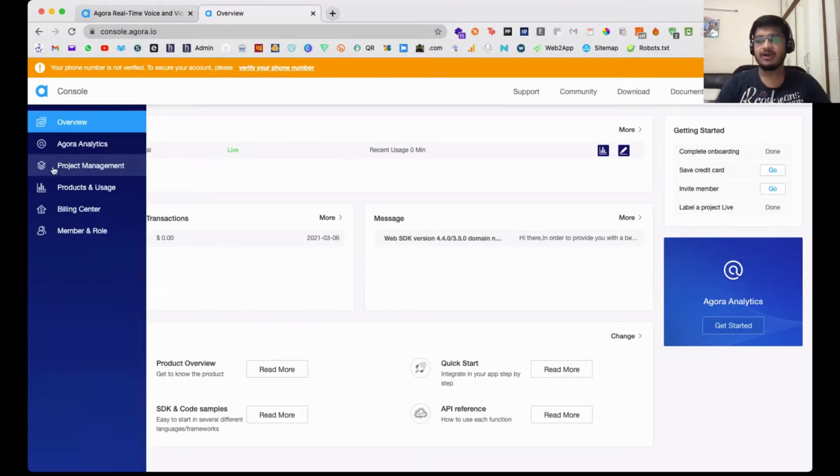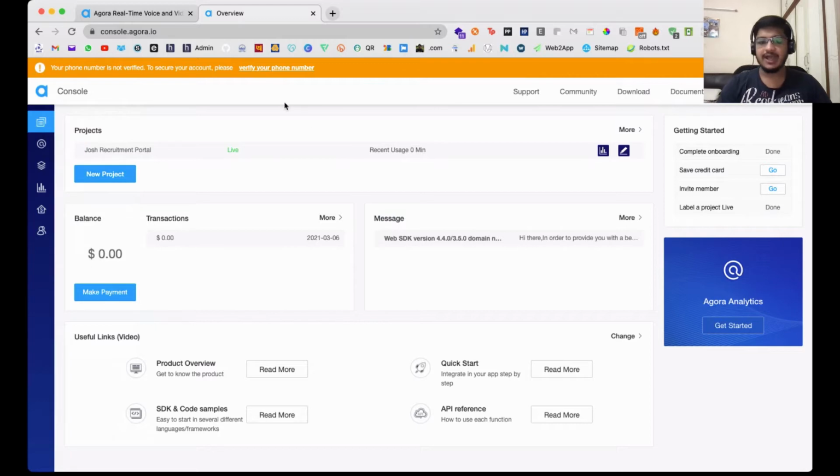So now that you have an account, this is the main dashboard. If you see, you have the balance you have in your Agora account. You have any messages from Agora, say there was a new SDK update. So you get a message over there onto your dashboard as well. You have useful links, which can either help you get started with integrating Agora into your projects, or you have API references, code samples, product overview. Like I mentioned, you have different products, cloud recording, real-time messaging. You can get an overview over here.